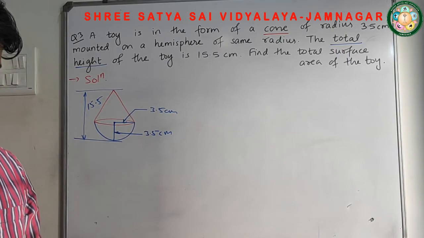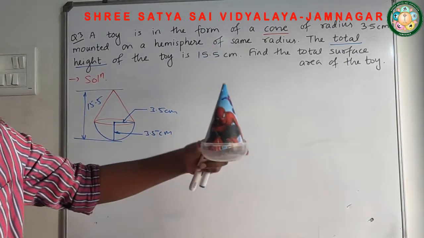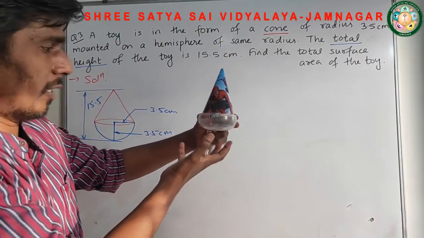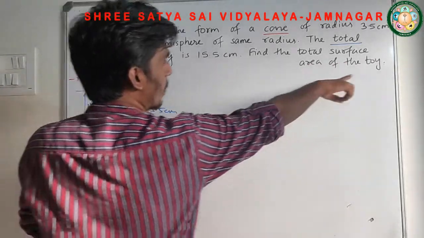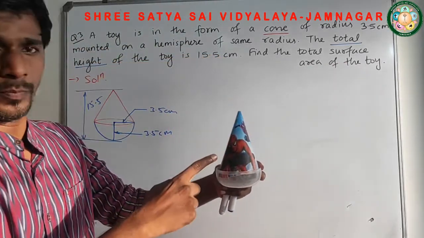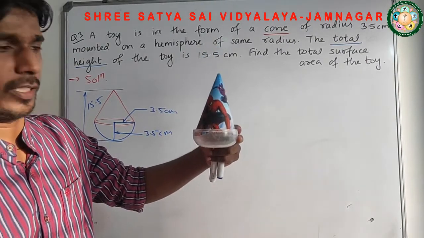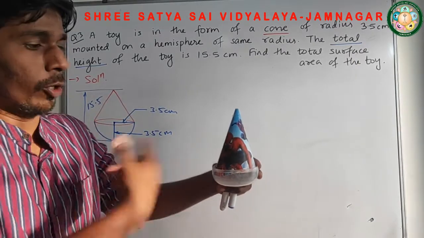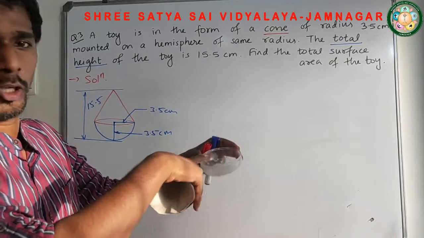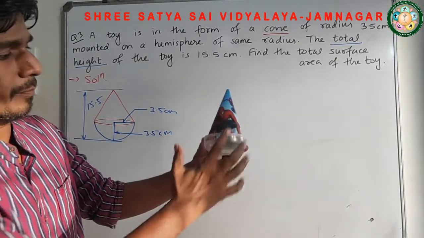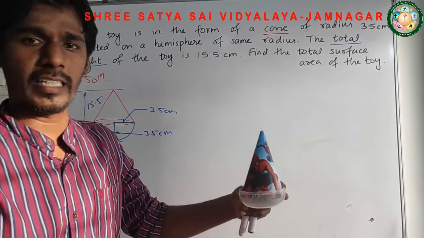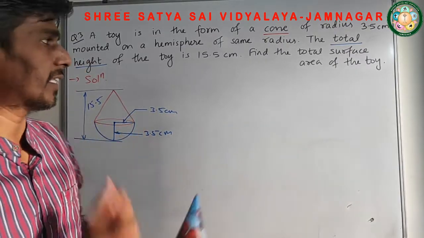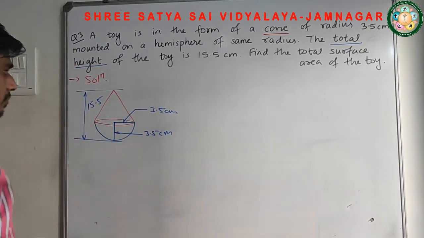Now if you want to see this, it will be something like this. It's not exactly a hemisphere, but you can see this. It's a cone here, and at the bottom it's somewhat like a hemisphere. So find the total surface area of the toy. So I have to find the curved surface area of cone and the curved surface area of hemisphere. Why curved? Because we have to find the area of the surface we can touch, not the part that isn't visible. Suppose I don't know its top, then that will not come in the area. Similarly, so I have to find the curved surface area of cone, that is pi r l, and the surface area of hemisphere, that is 2 pi r square.